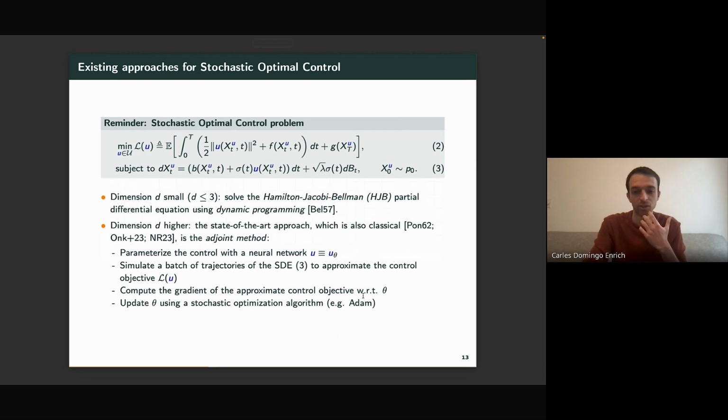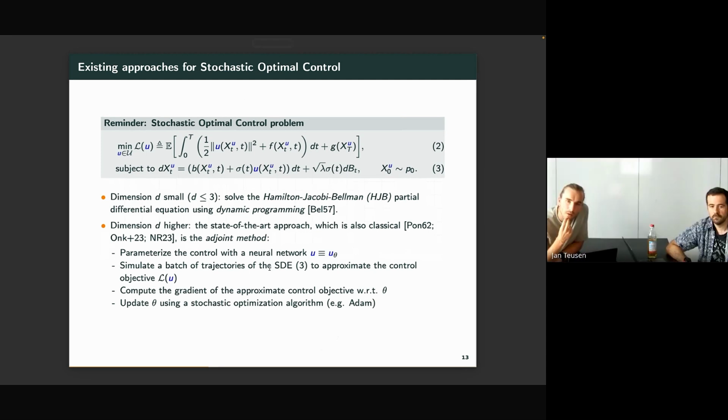One thing you could do, and that's something we exploit in our follow-up work, is write down continuous time dynamics for what this backpropagation is doing, and that's the adjoint ODE. So you can simulate an ODE also to do the backpropagation, and that gives you a more accurate estimate for the gradient. But that's not what we compared against, because that's not what people have been doing. People have been just simulating batches of trajectories, and then using very simple PyTorch code where you take the gradient, and the automatic differentiation engine does all the work. Okay. But compared to continuous normalizing flows, like classical